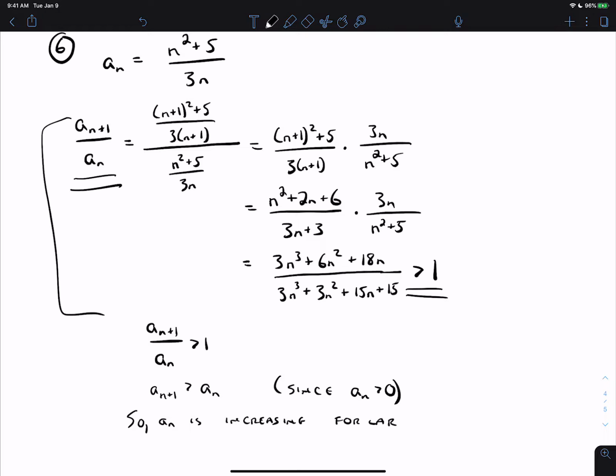On this example, this is probably harder than using the derivative. We're going to look at an example next where it would be very difficult, if not impossible, to use the derivative. This is another technique that we're going to want to get used to because of something later called a ratio test as well. So here we've proven again that it's increasing. And so if you go back and compare the proof on 5 versus 6, it's the same problem, but two different methods. All right, let's look at another example involving a